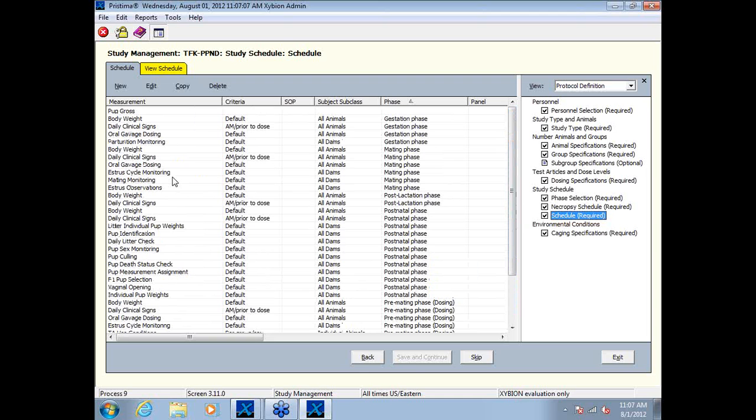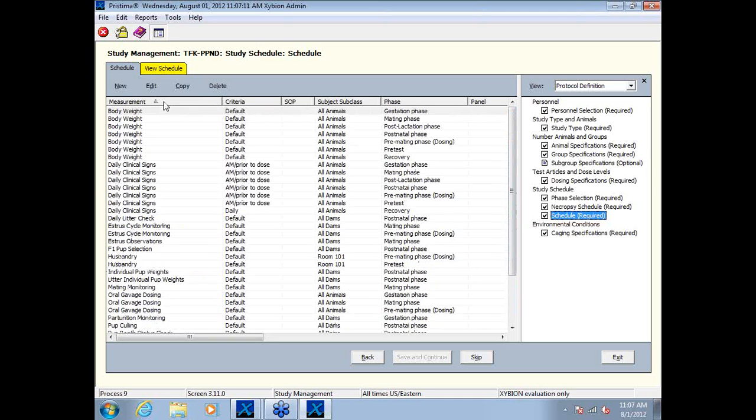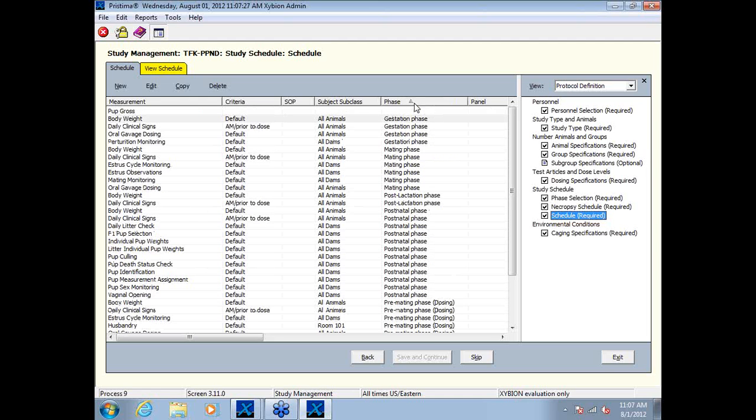I have it sorted by the different phase types just to show you. You can select any of these fields, and you can sort it by body weight, by measurement, by criteria, by subject subclass, by phase. So here we've got body weights in the gestation phase, the mating phase, post-lactation, postnatal, pre-mating, pre-test, and recovery. And again, just clicking here, it groups everything into the different phases of the study. So a lot of the stuff I'm going to cover today are these